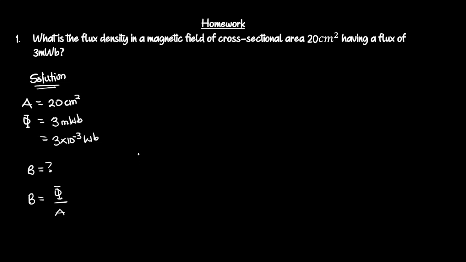Now the problem is that the magnetic flux over here is measured in Weber, and the area is measured in meters squared, but our area has been given to us in centimeters squared. So this is the only challenge for this particular problem. If you are able to convert your area from centimeters square to meters square, you can easily solve this particular problem. So we know that 1 meter is equal to 100